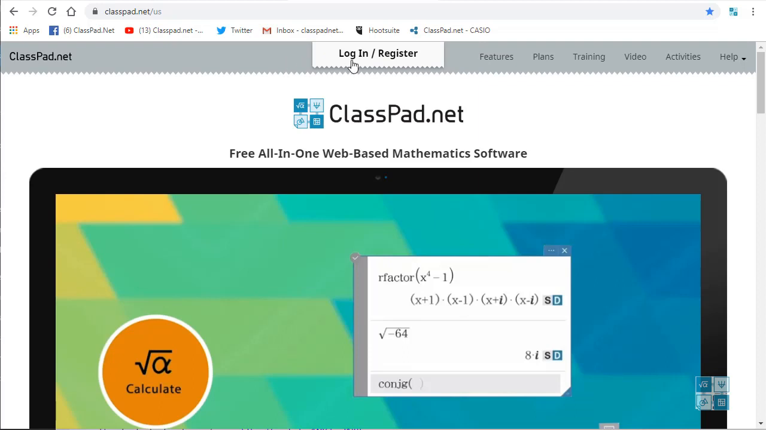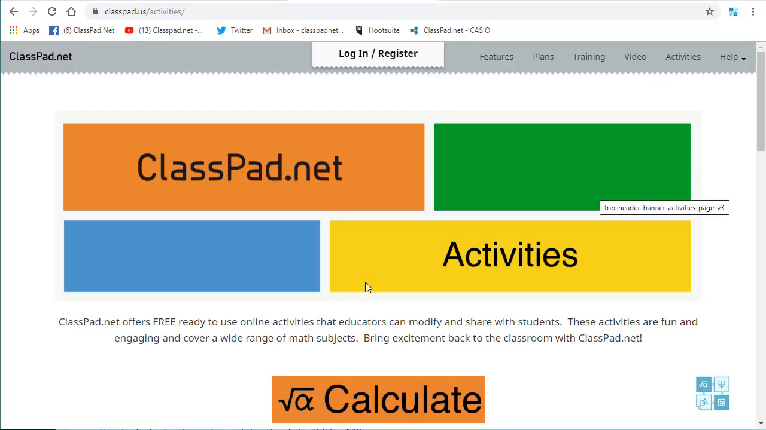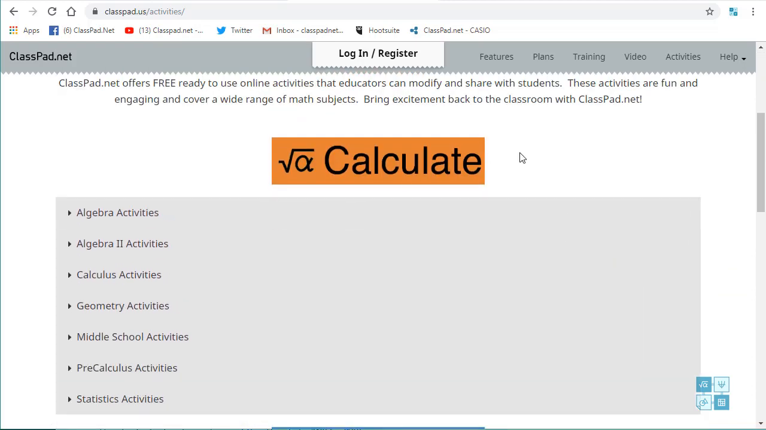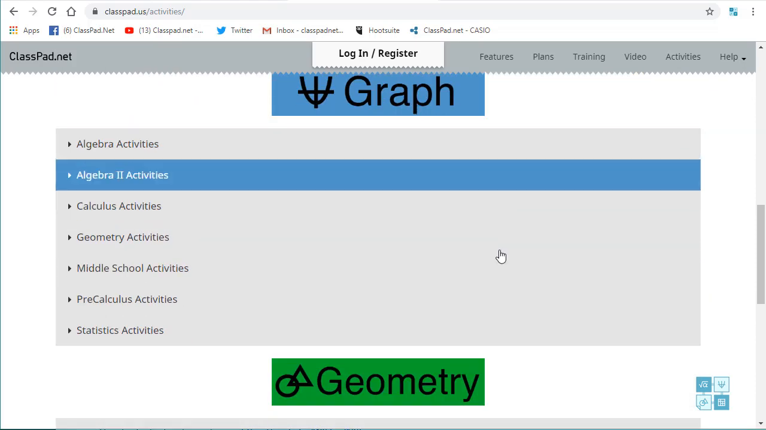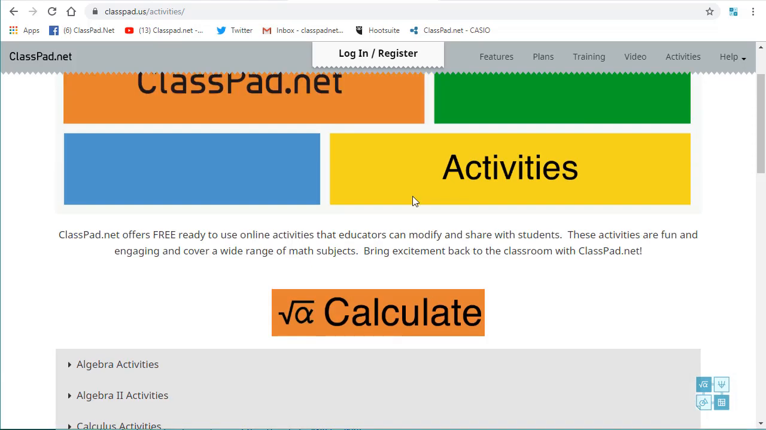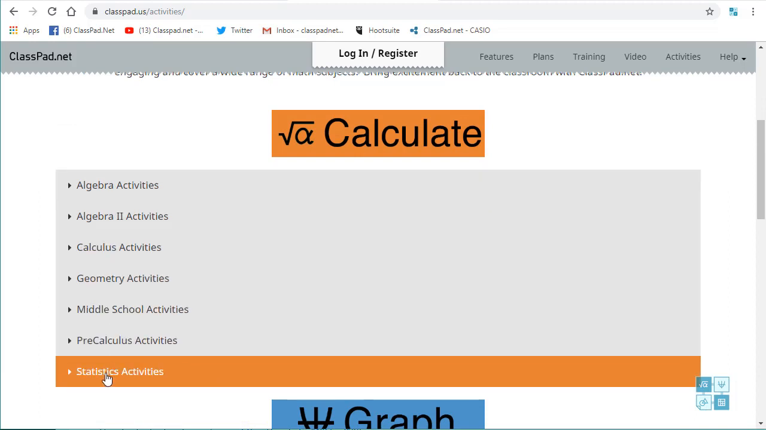So you'll notice up here at the top of the page, once you go to ClassPad.net, are some options: features, plans, training, video tutorials, and then there's activities. If you click this link, you'll see that we have activities, and you can scroll down, and we've categorized them by the stickies within ClassPad. So there's activities related specifically to calculations, graphing, geometry, data, and then within each category, you'll see they are categorized